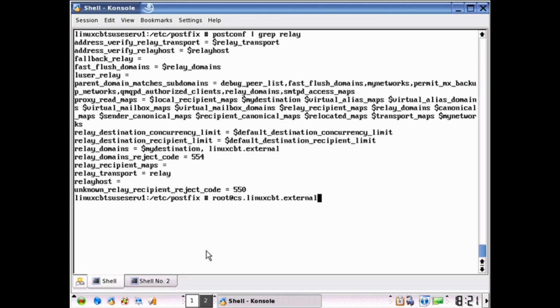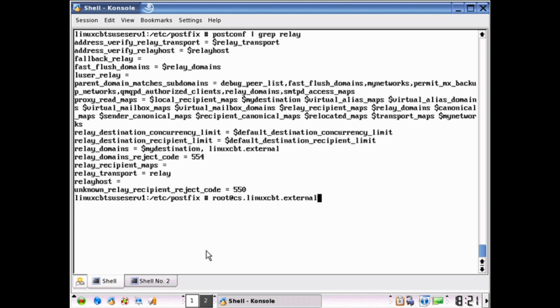Now let's actually look at using relay domains with maps. Database maps provide a way for Postfix and other MTAs, such as Qmail as well as Sendmail, to query in a lightning fast fashion, if I may, large amounts of data: mappings, relationships, table structures. Rather than querying this information from a static list or a file which gets stored in memory and is